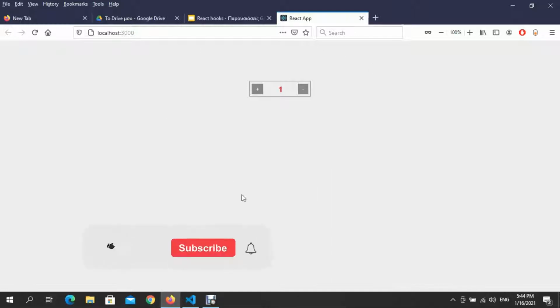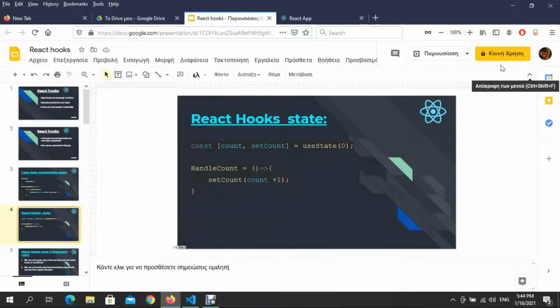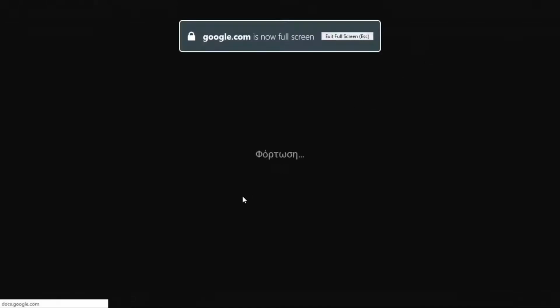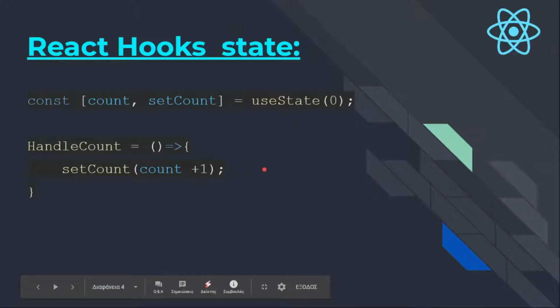first of all, I just want to make an introduction. Okay, let's make an introduction about React hooks. So guys, as we can see, the way to pass a state with React hooks is to